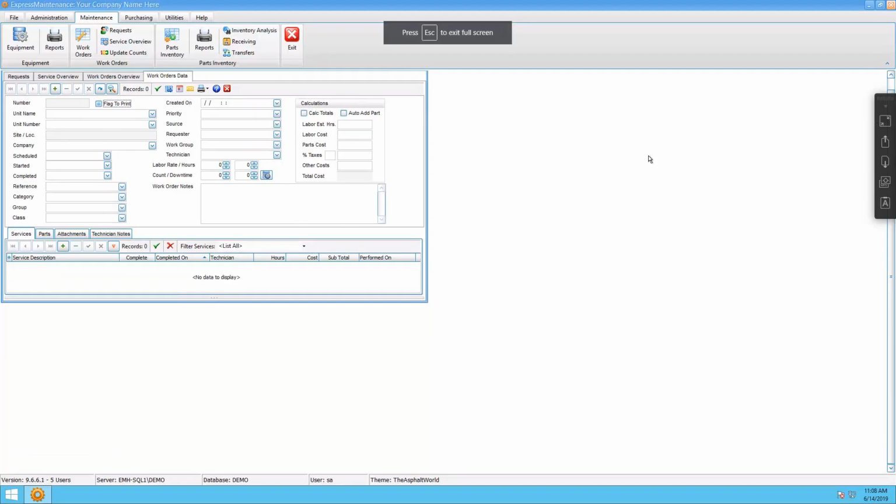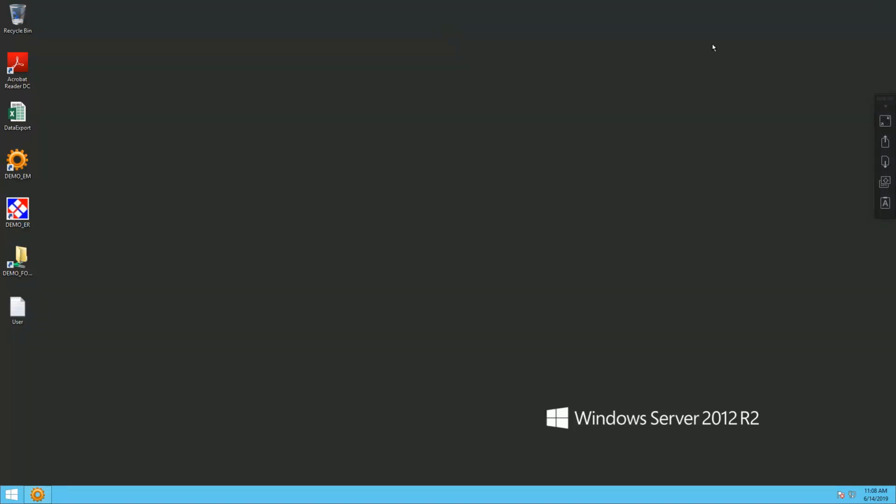Now I just simply have to expand it, make it full view in order to take advantage of the full view of Express Maintenance. And the other thing that they wanted me to share with you is that if I'm